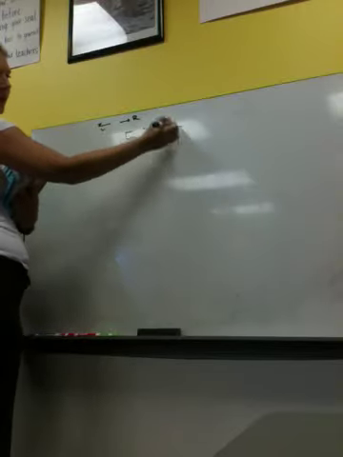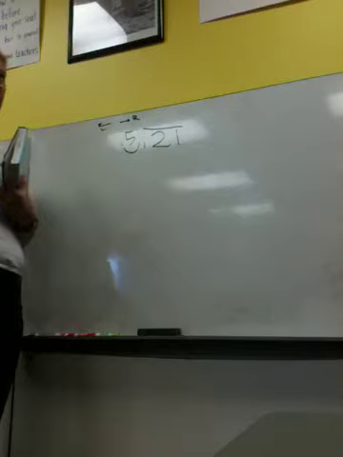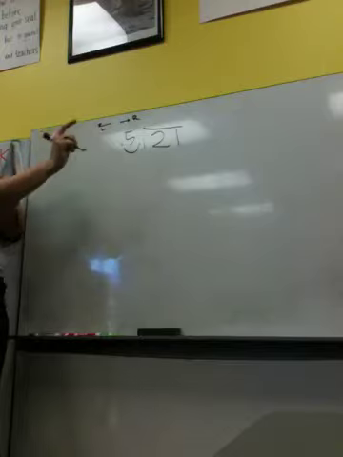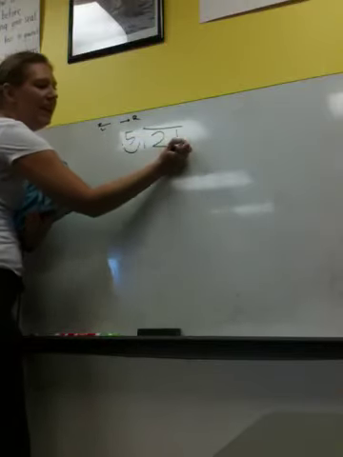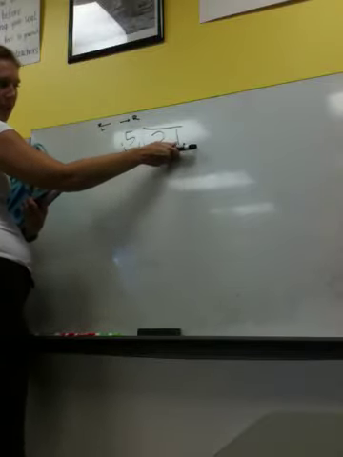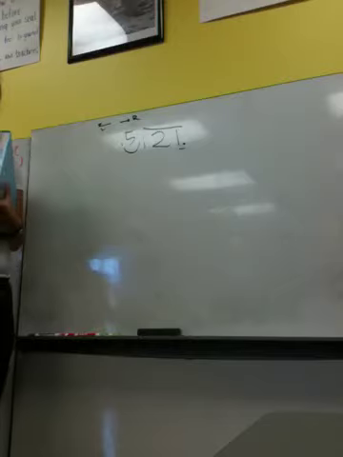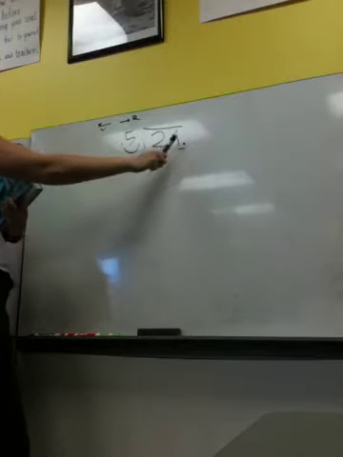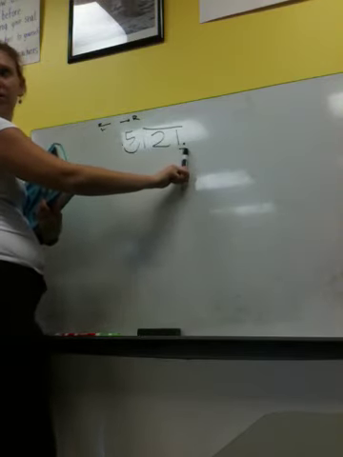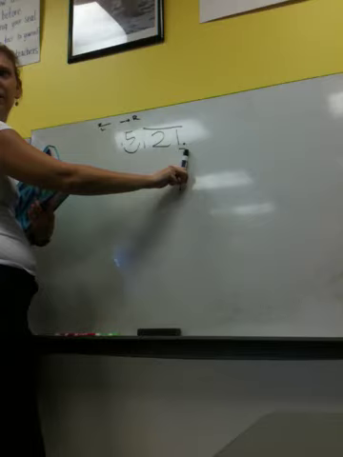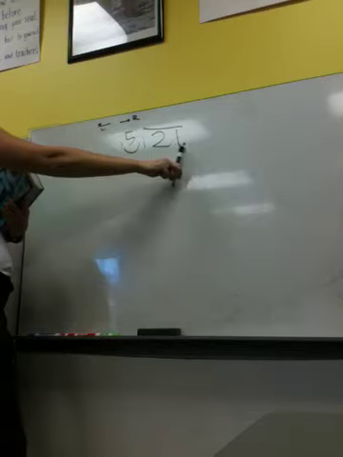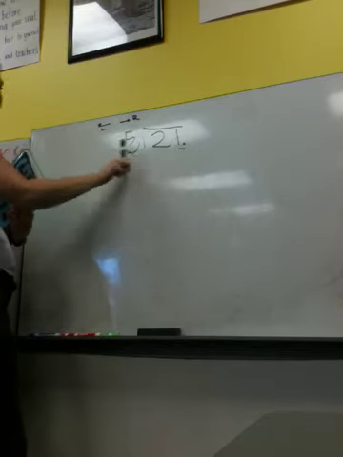So that means over here what happens? Careful. Where is our assumed decimal? When we don't have one show, it's always behind, at the end. So if we don't have a decimal point written, it's always all the way to the right. It's always behind your last number. So we assume it to be right there. If we moved it one to the right, what are we going to do here now? We got to work on our decimal point before we can do our division. So if we move our decimal point